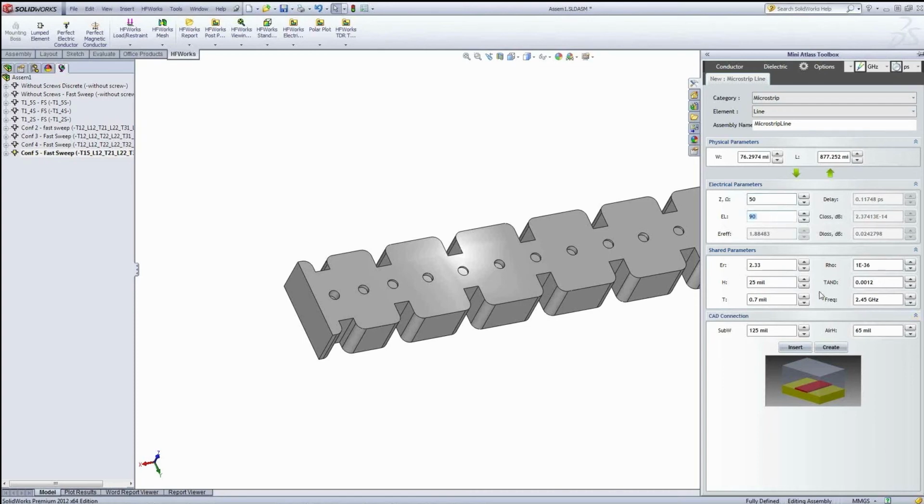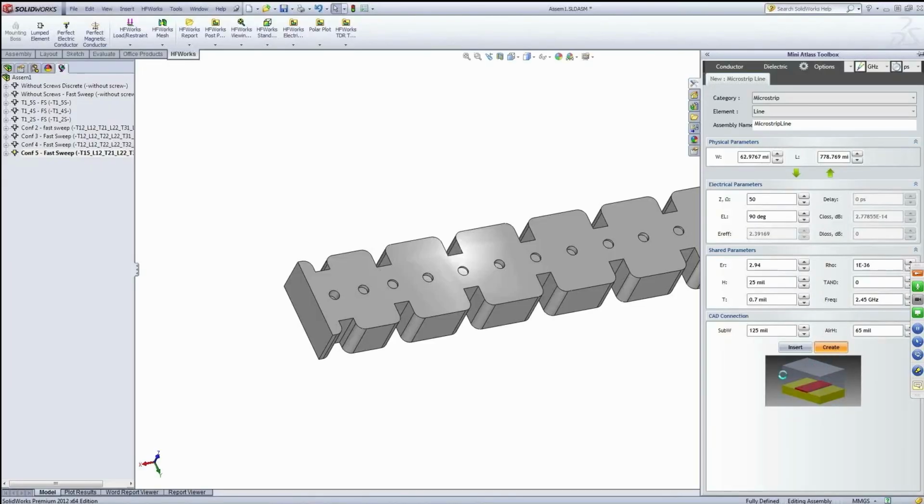Those are the defaults. And this is using this substrate, 2.33 dielectric, that would probably correspond to a Rogers Duroid 5870. I can change that substrate to something else, and if I say I want always this 50 ohm, it's going to update the dimensions for me. So let's say this is the part I want. We have this tool which hooks inside SolidWorks, so this is my part, and I want to either insert it into an existing assembly, or I can create a new assembly from scratch. So if I click create,